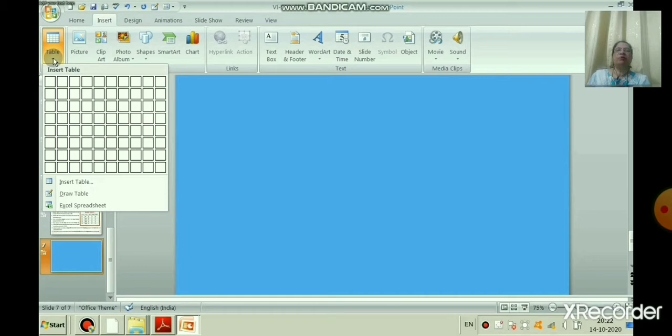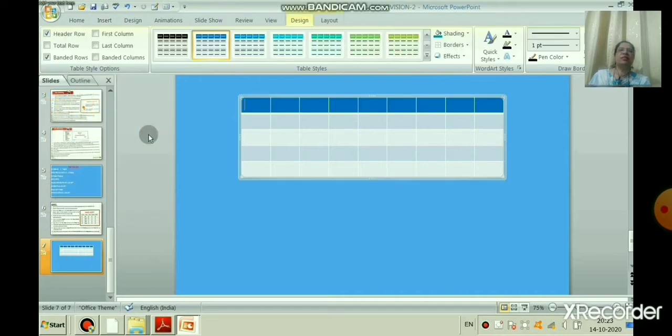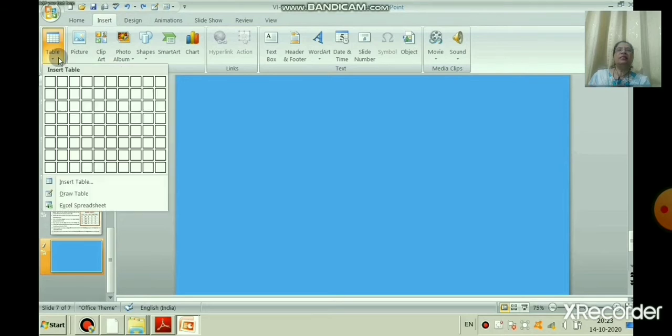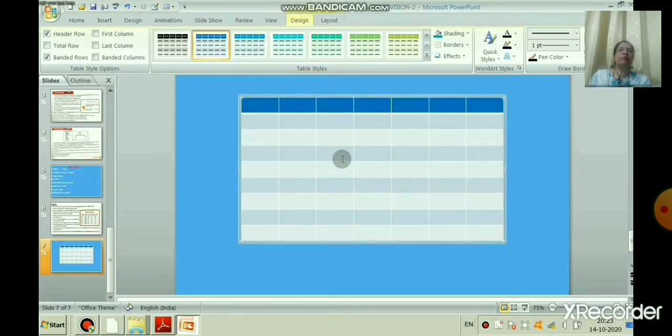Before that, we have already learned how to create a table in different ways. This is the first way. And the second way, you can select Insert, Table, and Insert Table. In that, the dialog box will ask you the number of columns and number of rows.